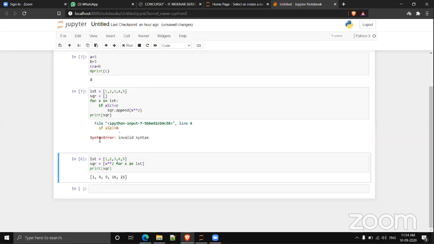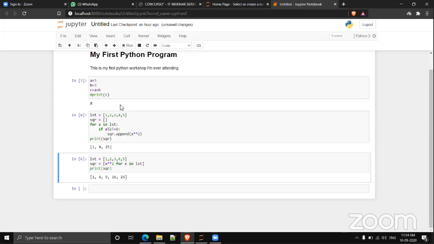Okay. So you will get the result like this: 1, 9, 25. You are only taking the odd numbers and putting the squares of those odd numbers to the new list.